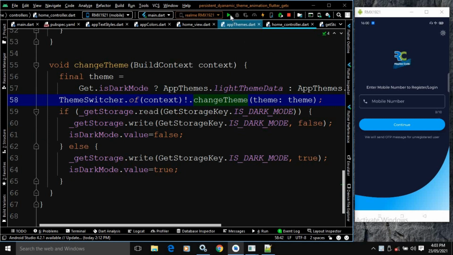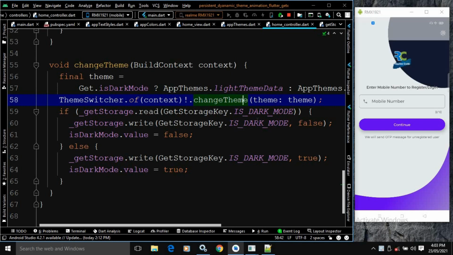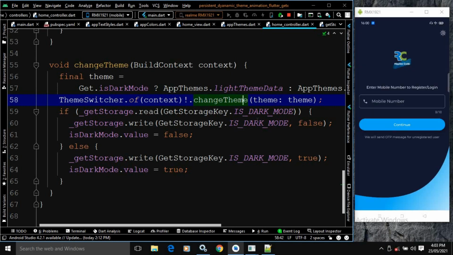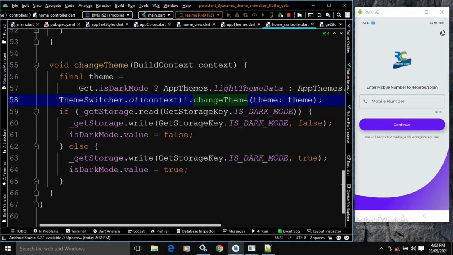Okay, now let me again run this. Okay, now if I hit here, you can see the icon is also changing as well as the theme is also changing, and it is animated as well. This is how we can create a persistent animated dynamic theme in Flutter